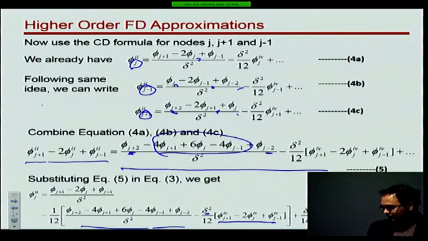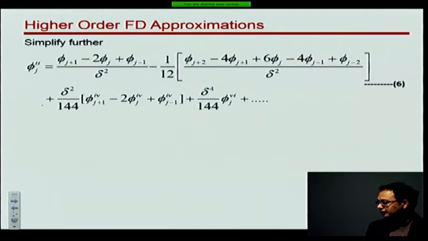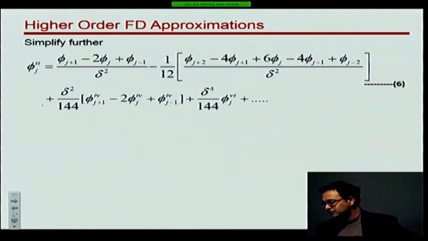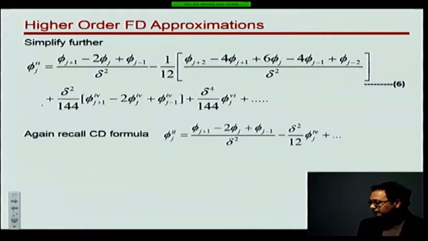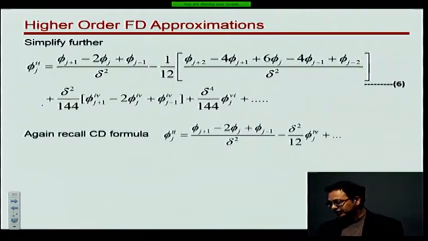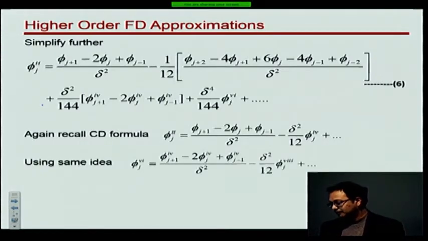And here is how that is done. So this is the expression that I showed you on the previous page. Now I'm going to eliminate the fourth derivatives, again using the central difference formula. Start with that. Use the same idea for the fourth derivative, or for the sixth derivative, this guy. Earlier we had used it for the fourth derivative, now we are using it for the sixth derivative,